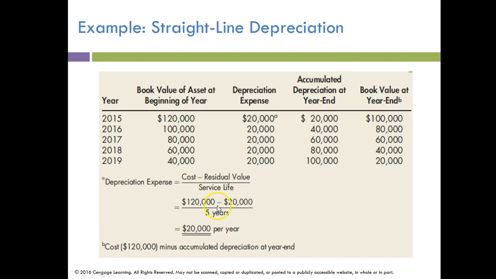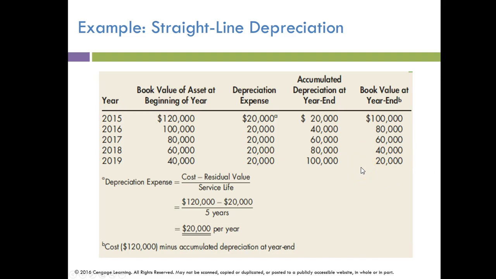So in order to do that, we calculate out the amount of depreciation per year that will allow us to do that. And so at 120,000 minus 20,000, we're looking at $100,000 over 5 years, or $20,000 per year. So if we apply this depreciation expense equally throughout the asset's useful life, we end up with a book value at the end of its useful life of our